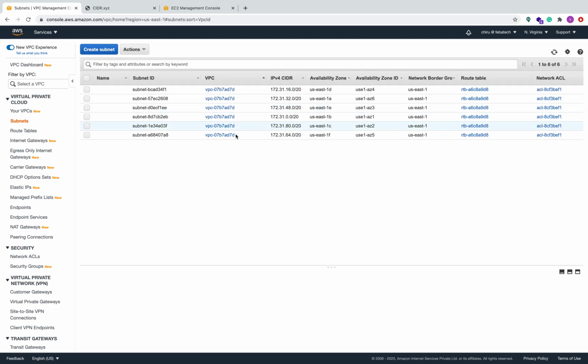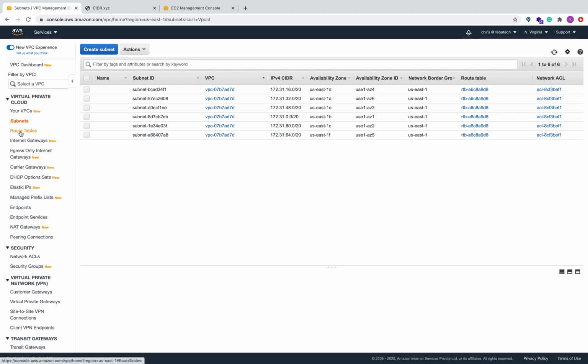So these are the subnets for each availability zone. In AWS, we have regions and availability zones. In the availability zones, we have data centers. So one subnet equals one availability zone. So we have 1, 2, 3, 4, 5, 6. So we have 6 availability zones. Each one has one subnet.